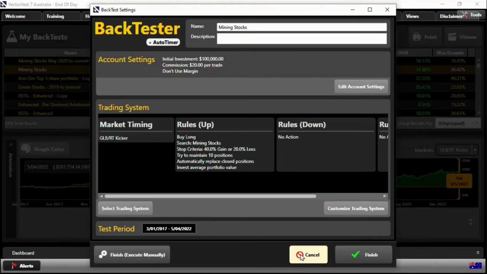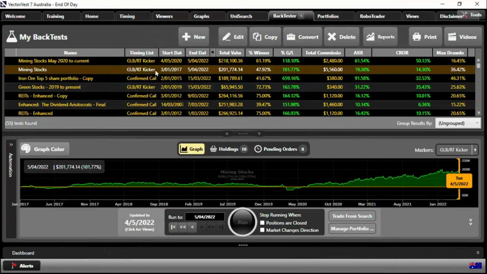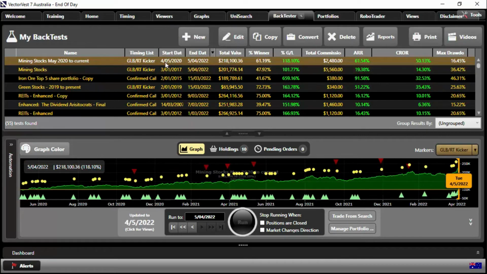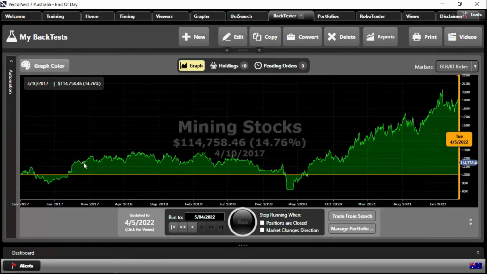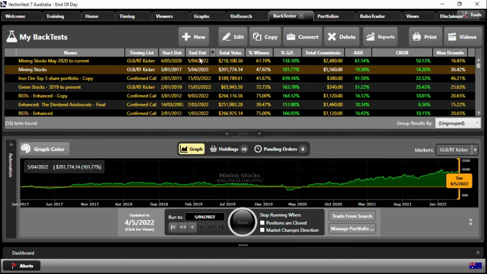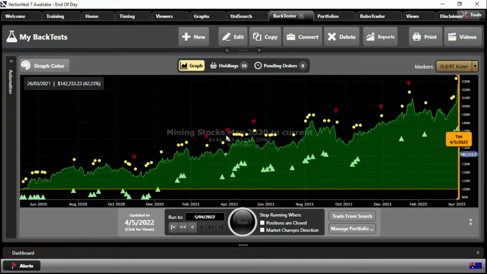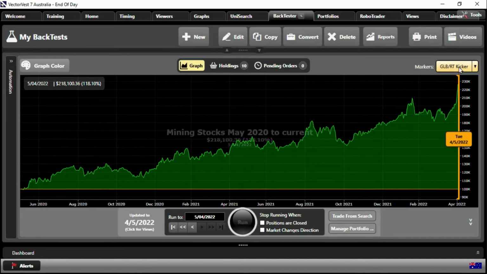Those were the settings. The exact same settings were applied for here, 3 January 2017 through to 5 April. Exact same settings applied over here from 4 May 2020 through to the 5th of April 2022. So you can see we're at a different part of the cycle. It's interesting when you compare the two, because here things had bounced up nicely and then faded away and then they took off. Now I'm concentrating on that takeoff section. So over here I've moved into when things started to take off and I'm starting to track that.